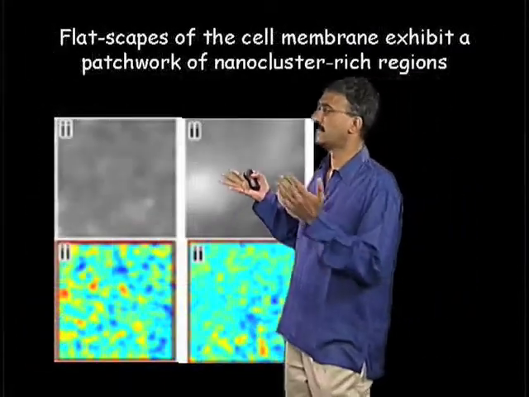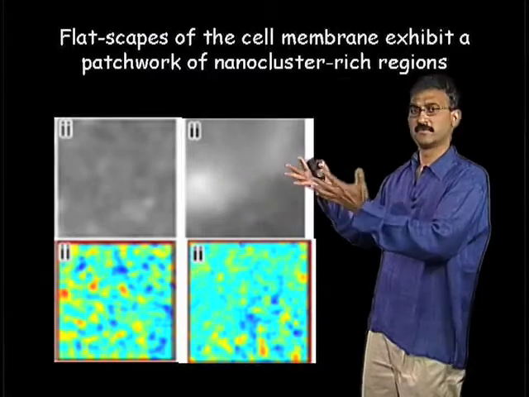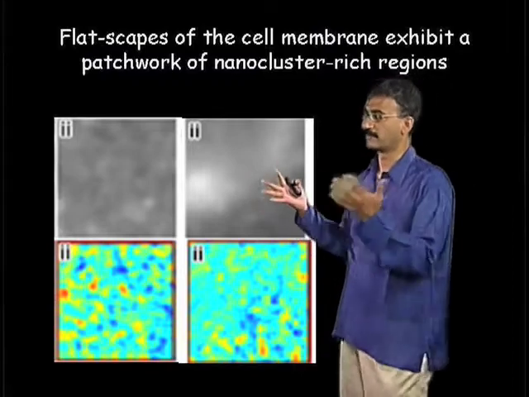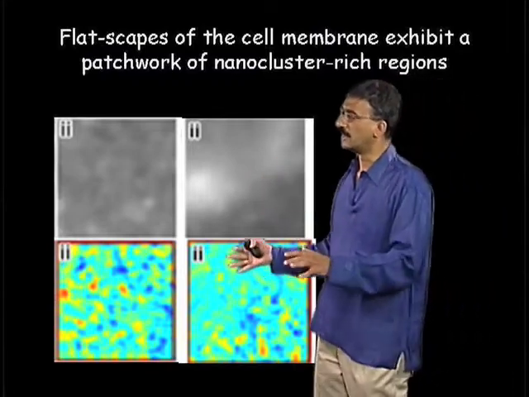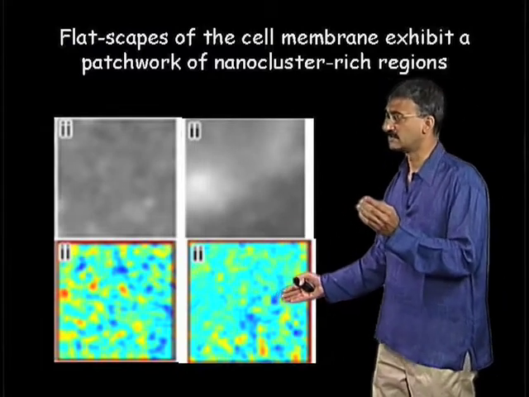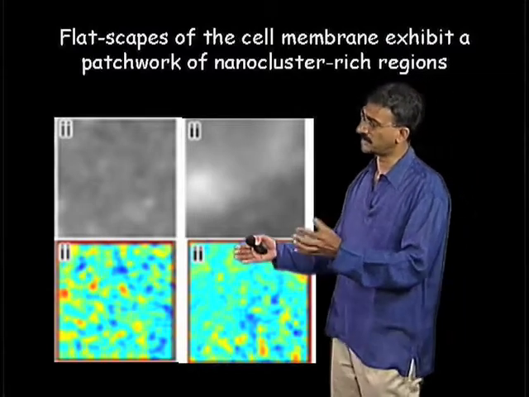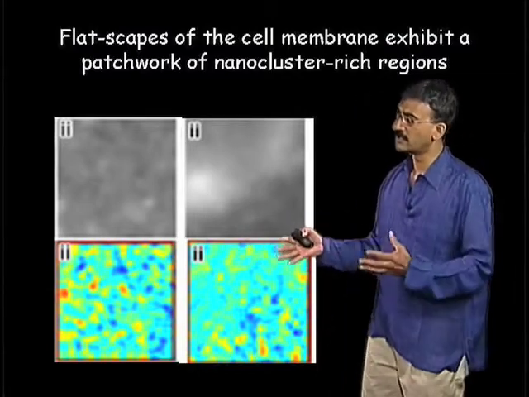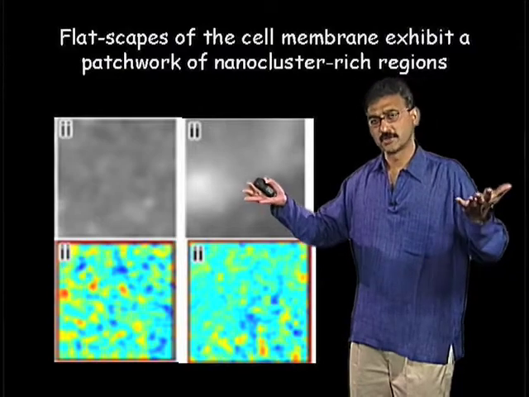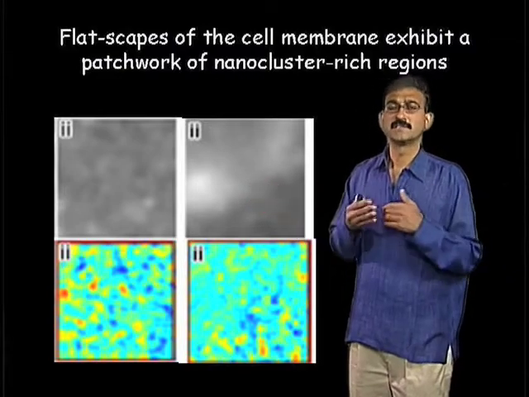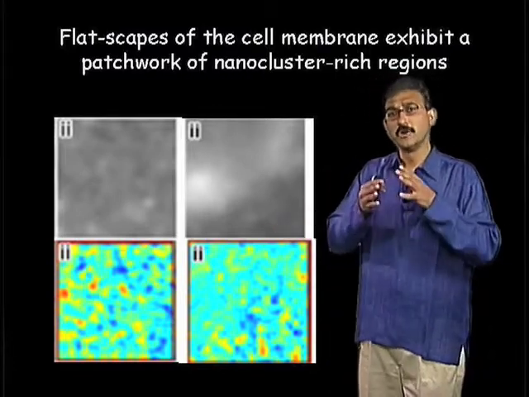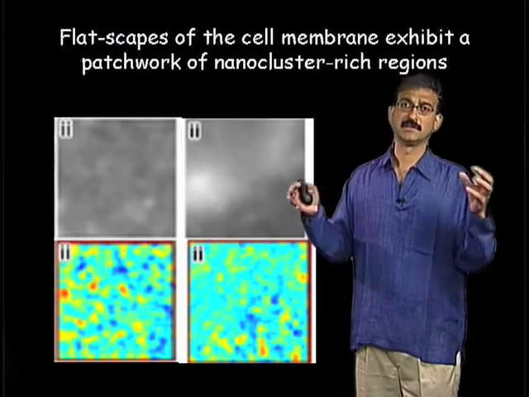If we just look at a flat-scape of a cell, where the membrane is relatively flat at least to the eye of the microscope, we find that there are a patchwork of domains where GPI-anchored proteins are extremely enriched, these very deep blue regions, and GPI-anchored proteins are not as enriched in these slightly yellow regions. But these patchworks are regions showing a kind of variegated pattern, which, when analyzed by some statistical means, shows a completely non-random segregation of